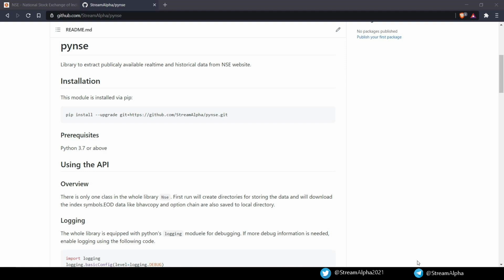The features and methods that are available in PyNSC are not available in other libraries, and it uses fewer calls to get the data, thereby minimizing the traffic and enhancing the speed, which is a must if you are backtesting or live trading, because one failed call and it will mess up the complete trading system if errors are not being handled well. How it is actually doing this, we will see in this video as we go.